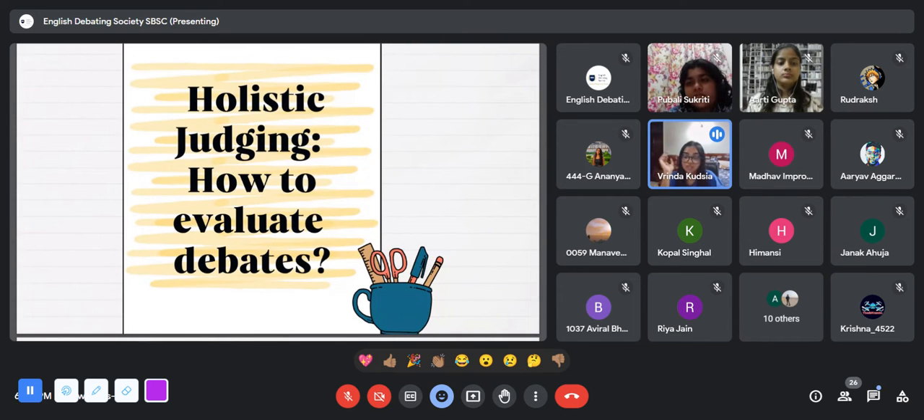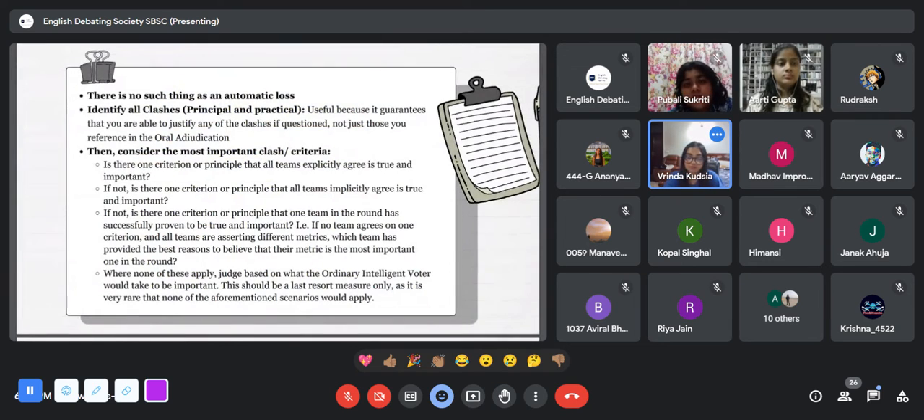Okay, holistic judging, which is how do you go ahead and evaluate debates? That's what we are basically going to explain. Okay, so the first thing to note is that there is no such thing as an automatic loss. If I'm government and Sehaj has gone PM, Dhruv has gone DPM, and I'm going Gov Whip, and in Gov Whip,